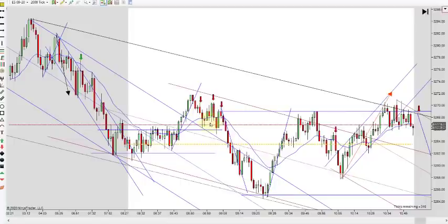I wouldn't take this alone on the second entry because this is not really congestion. The bars are kind of up-down bars there, but notice there's not a bar really with no body or whatever. So it's a little bit congestive, but it's not true congestive. That's what true congestion looks like right there. And with that second entry and a failure to the upside, I like going short there.